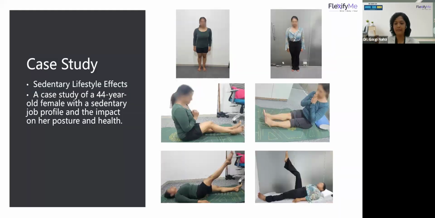The patient is a female working at a very high post in an MNC bank. She is 44 years old. She has a sedentary lifestyle when it comes to her job, but actually she's very active. She's into gym exercises. She's also into yoga. She found us online and came to us. The very first day I saw her, she had a severe back pain rated 10 on 10. She was in tears. Her pain was radiating from her lower back to her right heel, and she had a sharp shooting pain. All the movements were restricted.